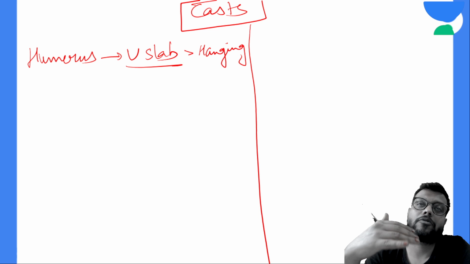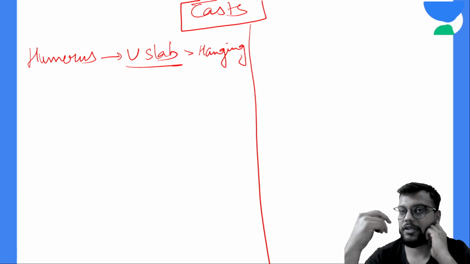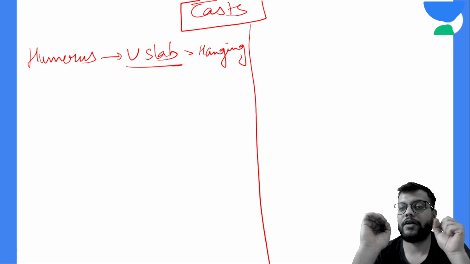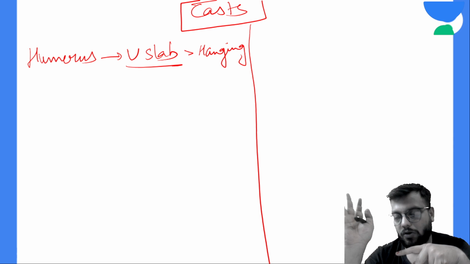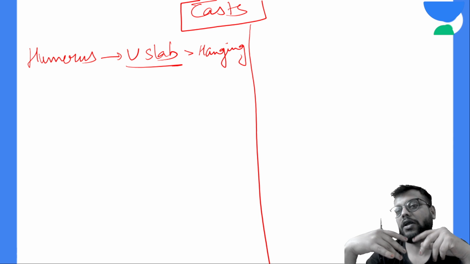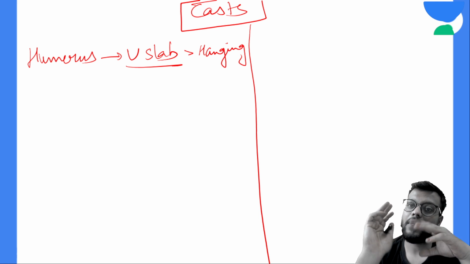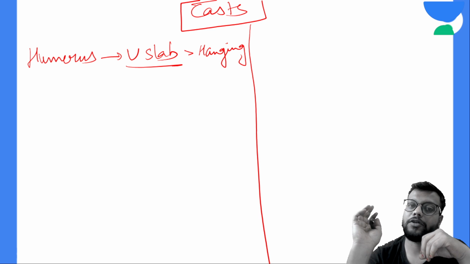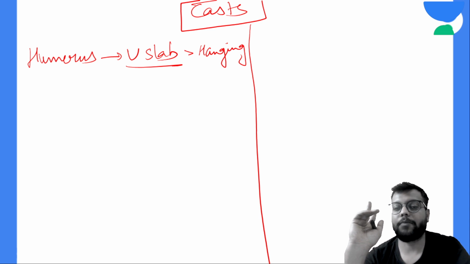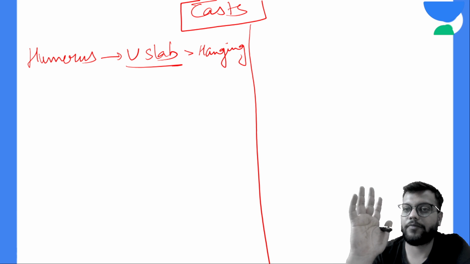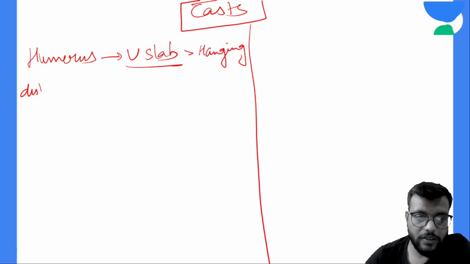I am sometimes saying slab and sometimes cast because just after the fracture, for the initial 7 days you put the slab, then you go for the casting. Okay, because in the first 7 days swelling etc. is very intense, so there would be high chances of compartment syndrome etc. So for casting you take a gap of 7 days, till 7 days you keep the limb in the slab.